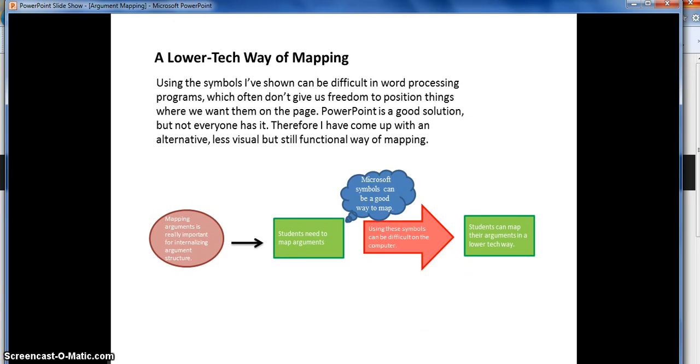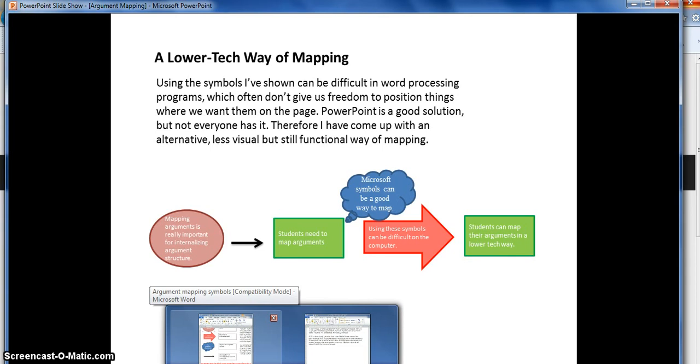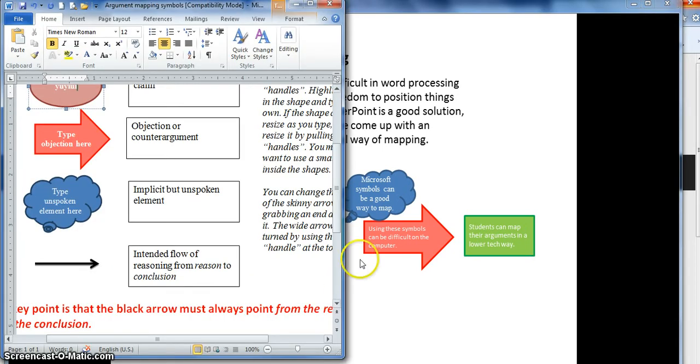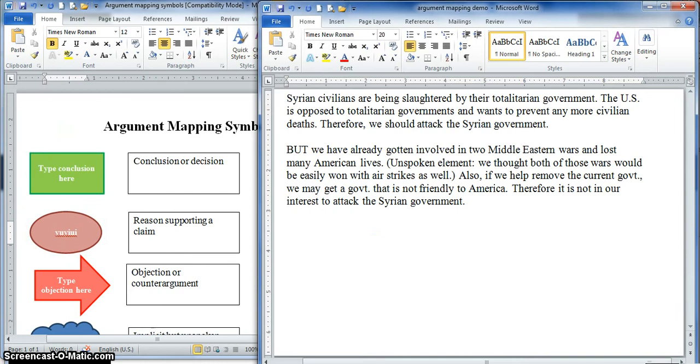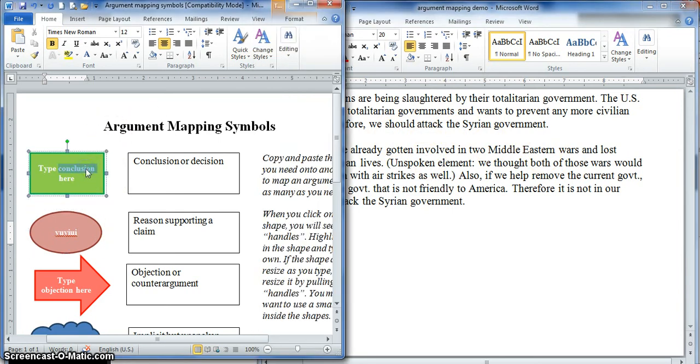Let me show you actually how to do an argument using these symbols. So here's a document with the symbols again, and here is an argument. Syrian civilians are being slaughtered by their totalitarian government. The U.S. is opposed to totalitarian governments and wants to prevent any more civilian deaths. Therefore, we should attack the Syrian government. Okay, so I am going to